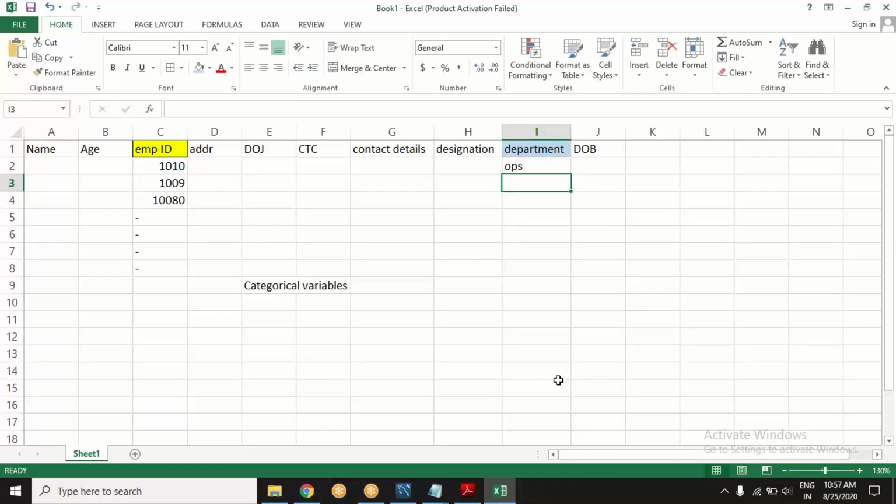It may be operations, sales, HR, accounts, finance, analytics, legal, supply chain, manufacturing, admin. Yes or no?